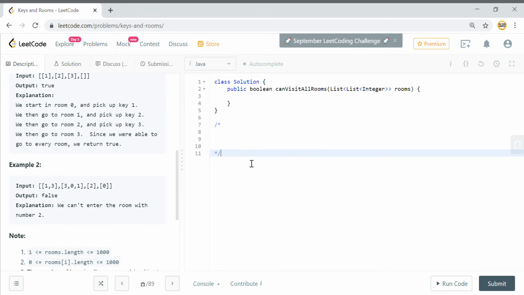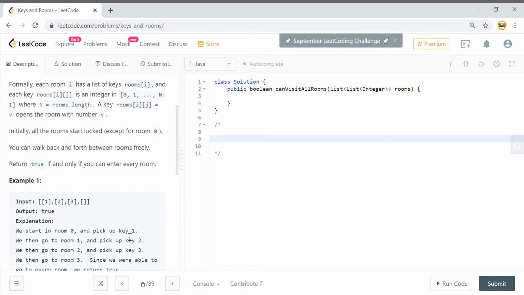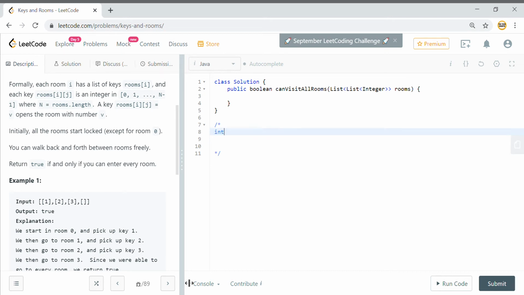So how we can approach this problem is, you need to maintain the rooms that you are visiting. That is the first thing. You have to mark all the rooms that you have visited till now, so that in the end you can check whether there is an unvisited room or not. If there is a room which is not visited, then you can return false. That can be done using an integer array or a boolean array, where you can just keep on marking that okay, I visited that particular room.